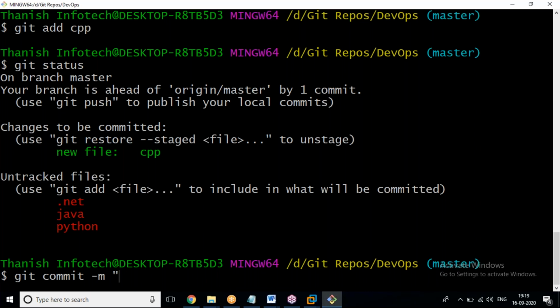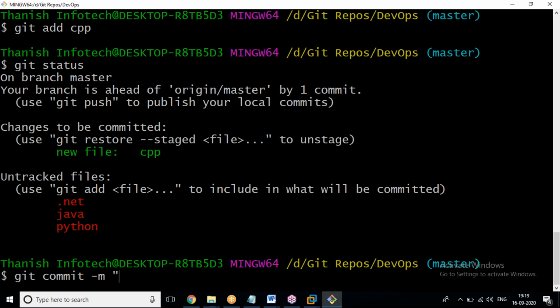Sir, it will work for any username and email ID. But whenever you are pushing for the first time, you have to give your original GitHub login username and its password.